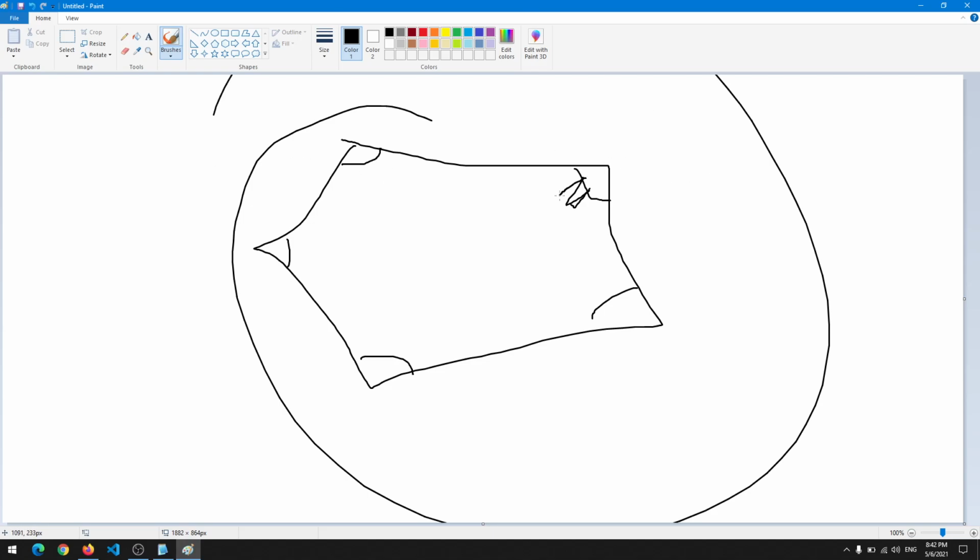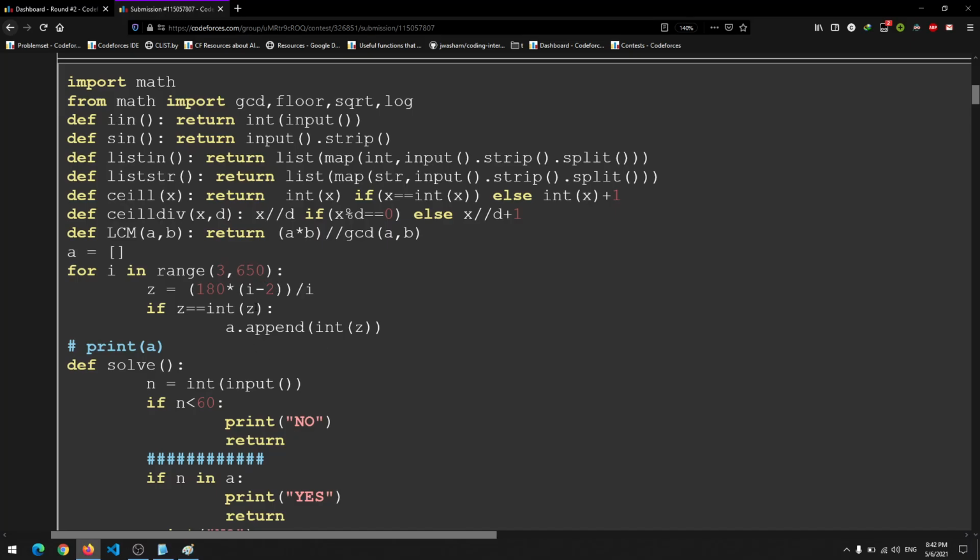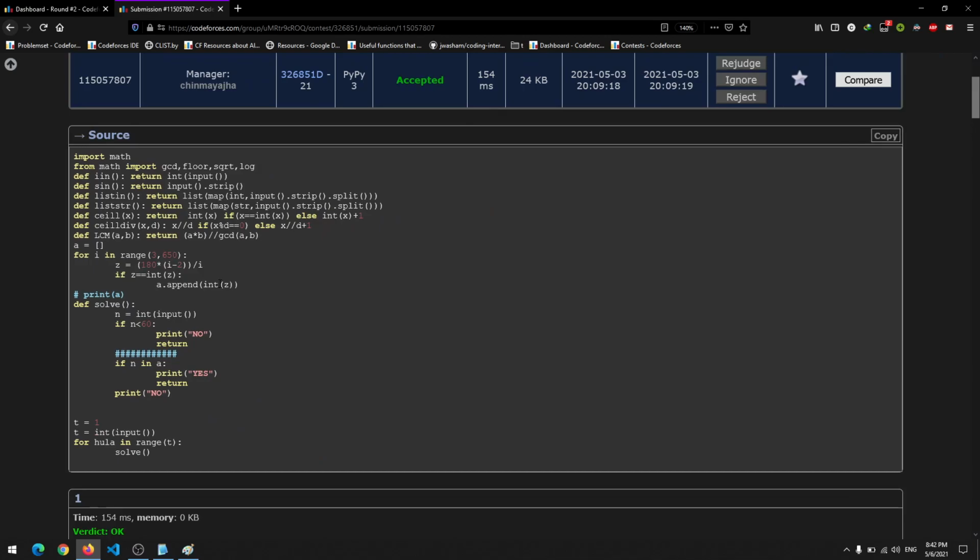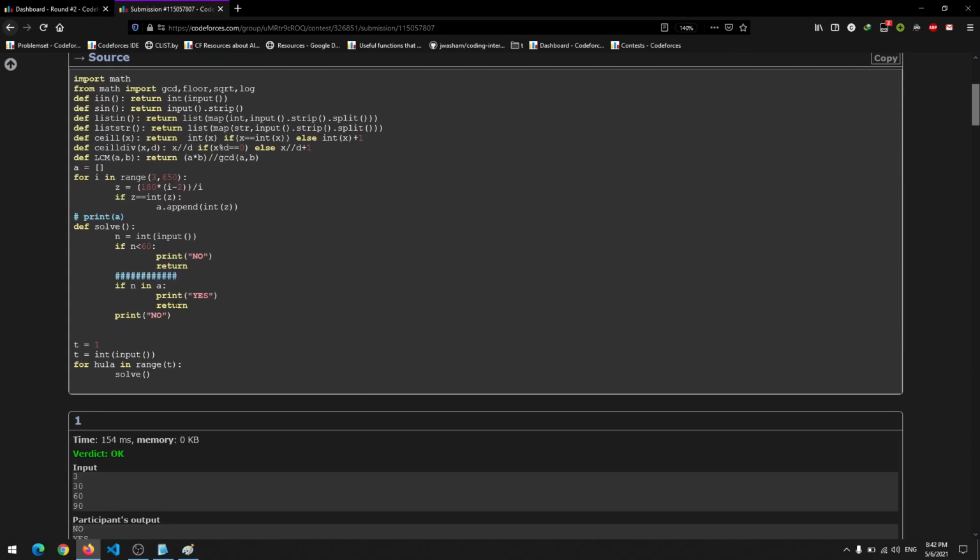If the value of this angle is not an integer, it skips. Otherwise it appends it. So basically, we are creating all the possible values, and then if n is in a, we print yes and return, else we print no, and we are done.